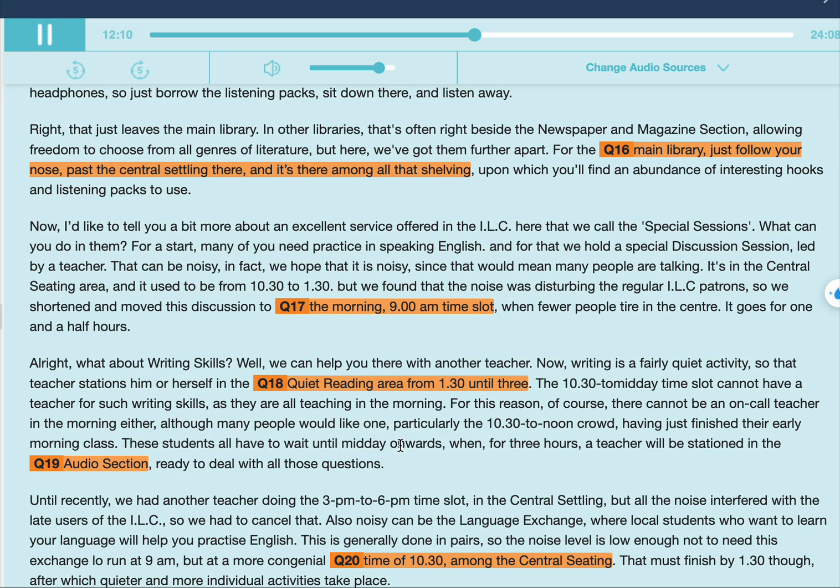That is the end of section 2. You now have half a minute to check your answers. Now turn to section 3. Section 3. You will hear two students